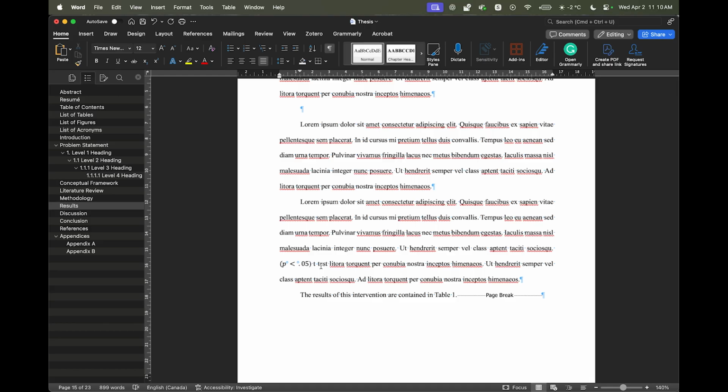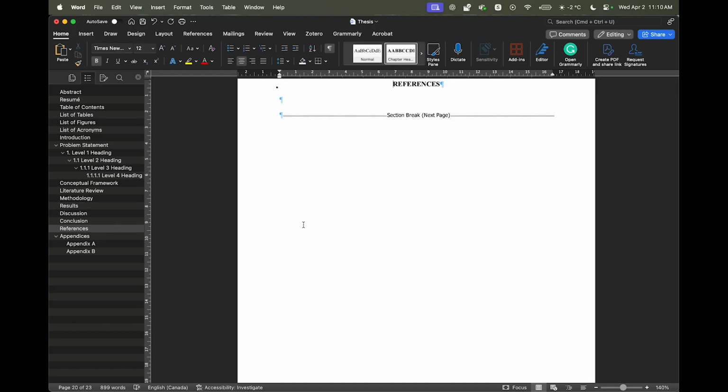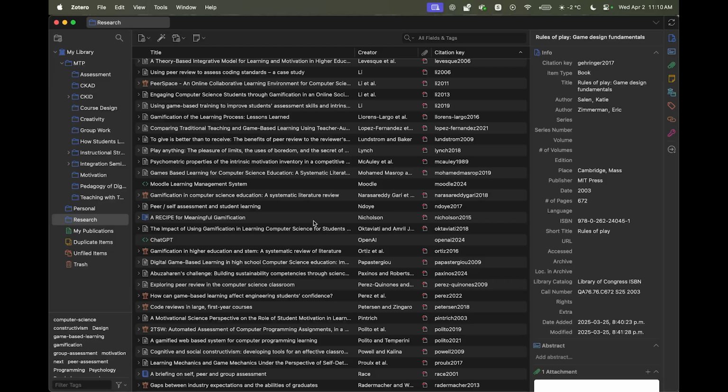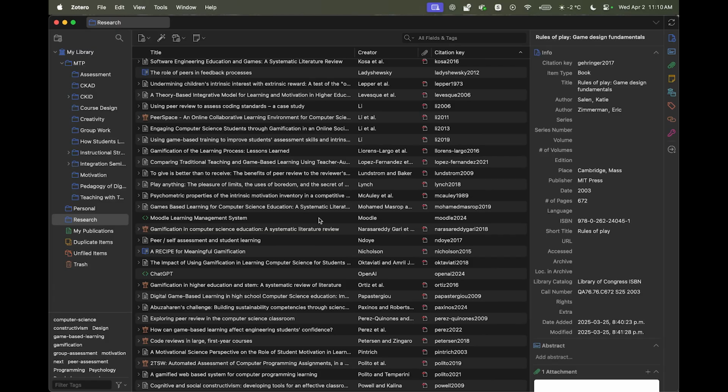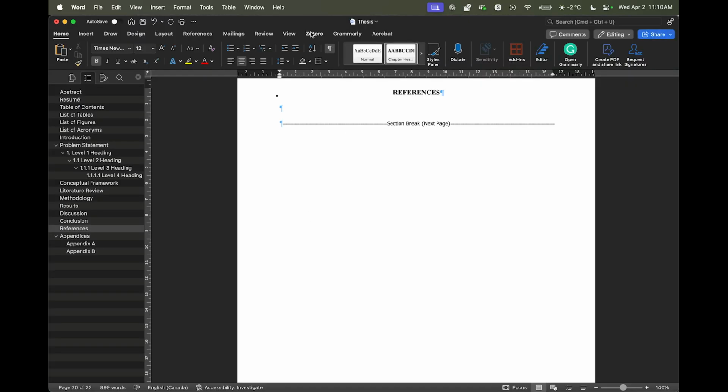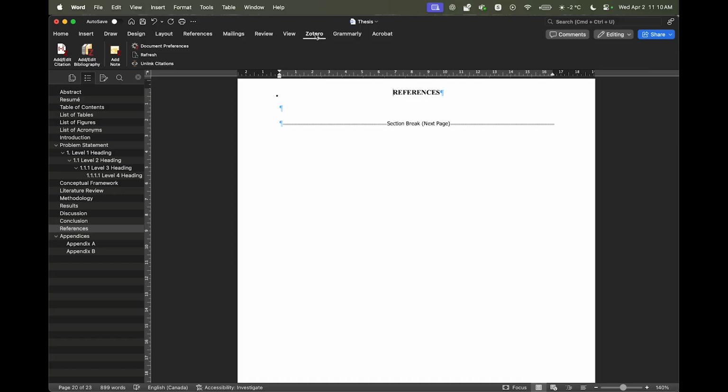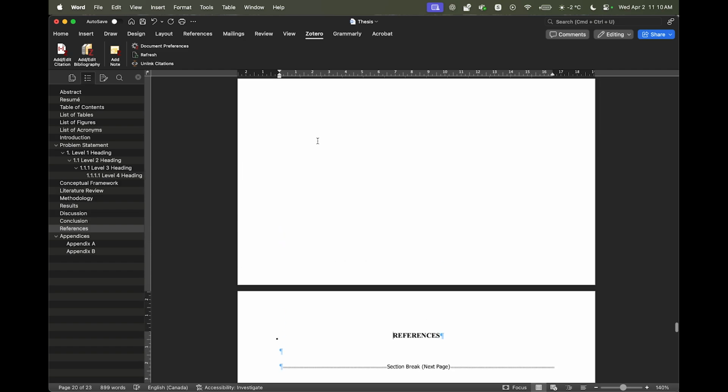Last but not least, I'm just going to talk about references. So if you've been using Zotero like I recommend, then your Zotero will perhaps look something like this. Here are all the references that I have for my thesis. And so how to insert these into Word is, I'm going to go back to Word here, and you'll see one of the tabs at the top is the Zotero tab. And if you don't have that, you can go to the Zotero website and just look for the Zotero Word plugin. Once you have that installed, let's say in my conclusion,